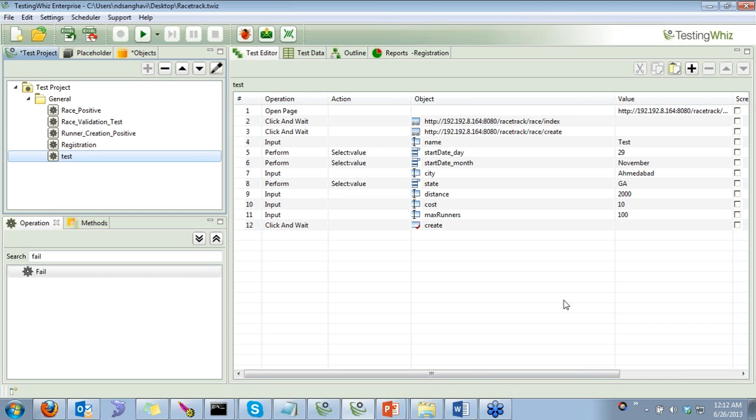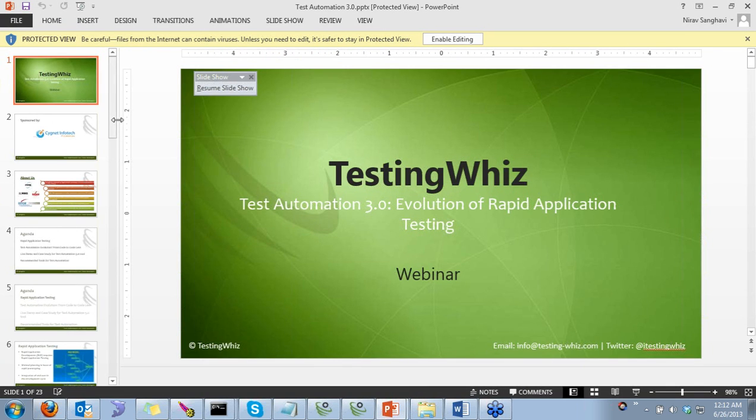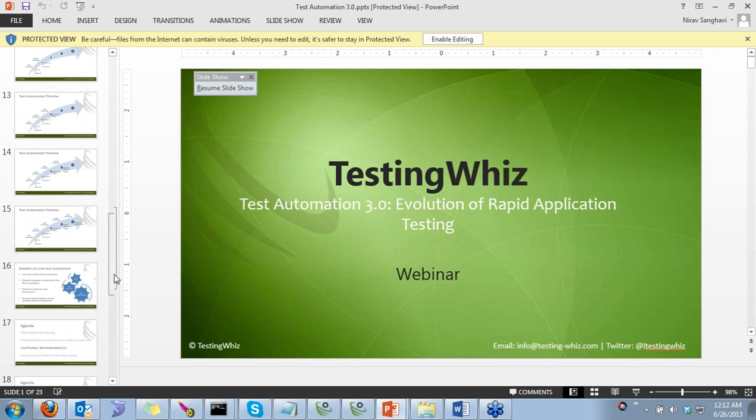That's where test automation tools, specifically codeless test automation tools, would come into the picture and help us out. Obviously, this presentation should give a pretty good idea of where the future of test automation tools is going. Moving forward with our presentation,